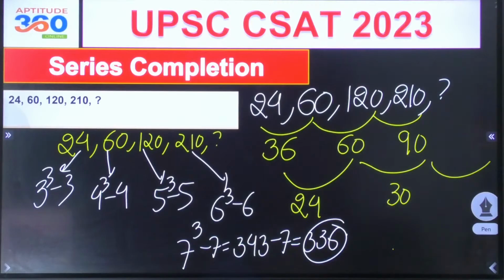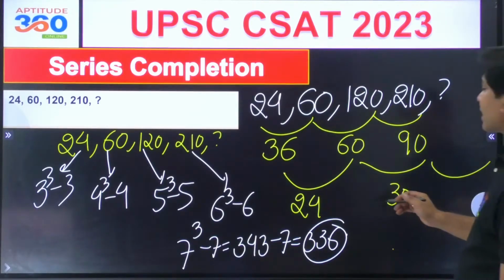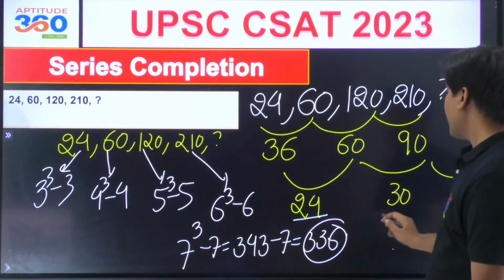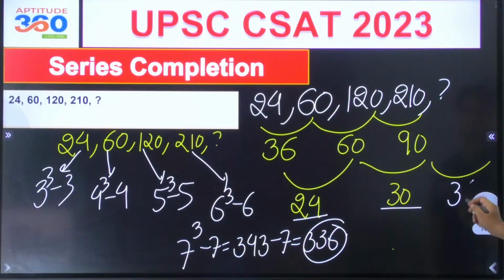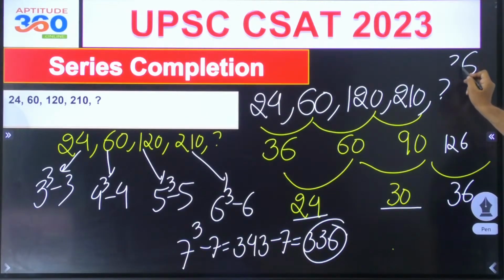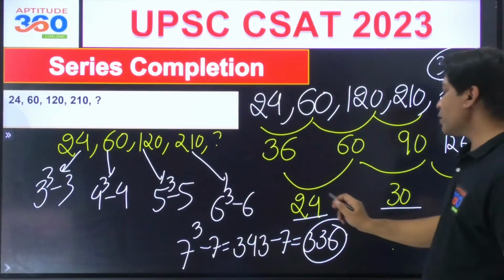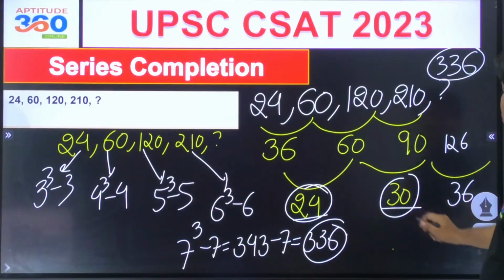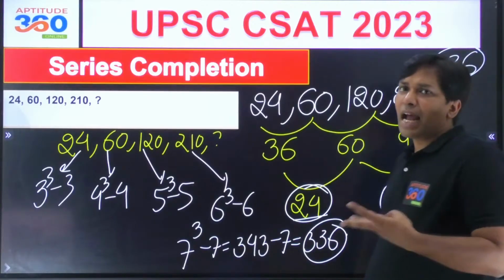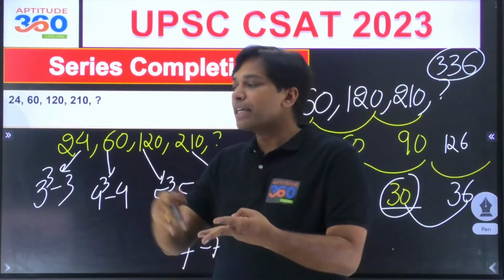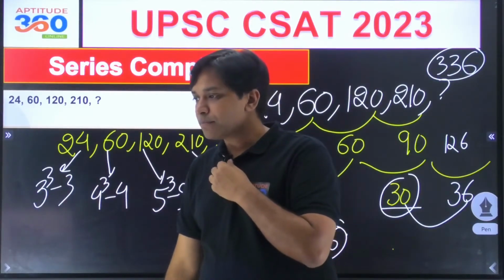What I am saying is, if you take the answer from this, this is 24 and then there's 30, and this should have been 36, and for this one to be 36, this would be 6 and this would be 126, and for this to be 126, this becomes 6 and 3 and then 3. I am saying it won't feel convincing to me to say 36 just by looking at 24 and 30. Had I had 3 terms, I would have predicted the 4th term, isn't it?